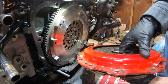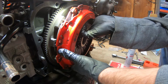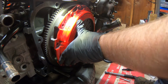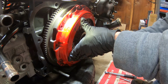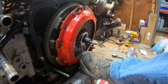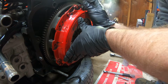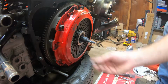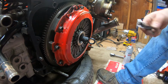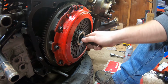Now, put the clutch in here. Line these holes right there. Put our little clutch alignment tool up in there. Get all our little bolts out and get those things started. So we're just gonna get these all a little bit snug, and then we can